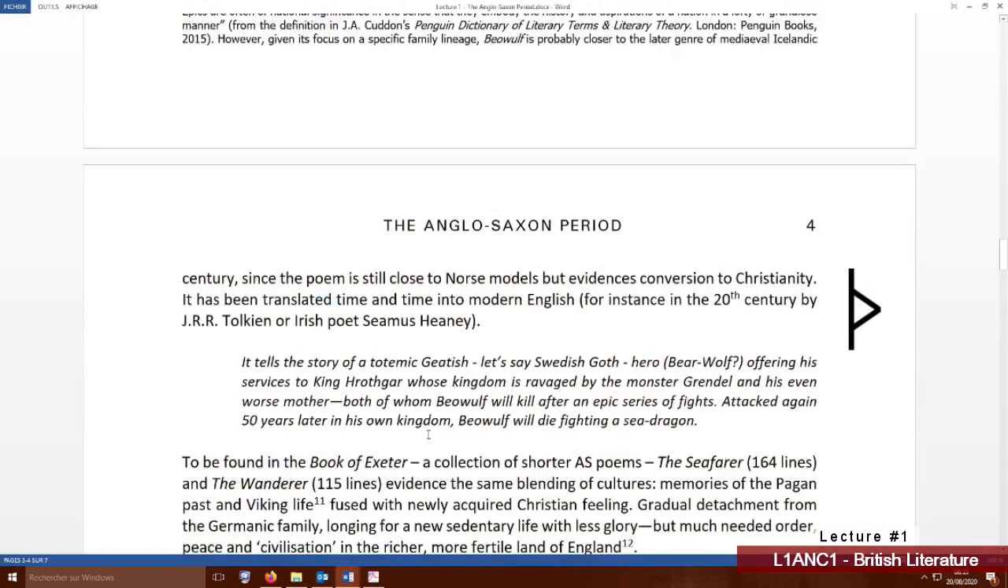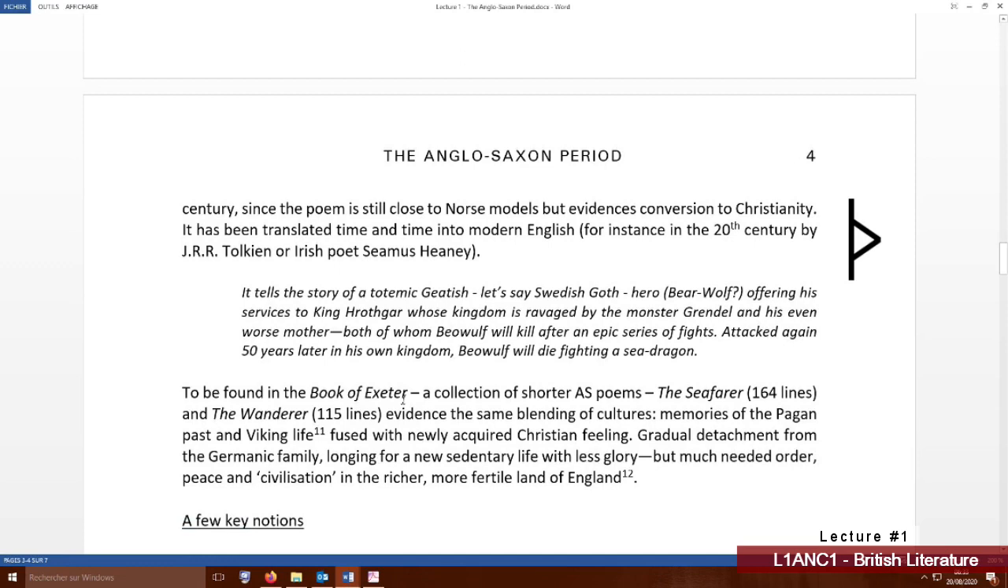Okay, in the Book of Exeter, which is the most famous manuscript collection we have of Anglo-Saxon poems, we have shorter versions of the same. The Seafarer, for instance, and the Wanderer, they evidence the same blending of cultures. Memories of the pagan past and Viking life fused with newly acquired Christian feeling. So those